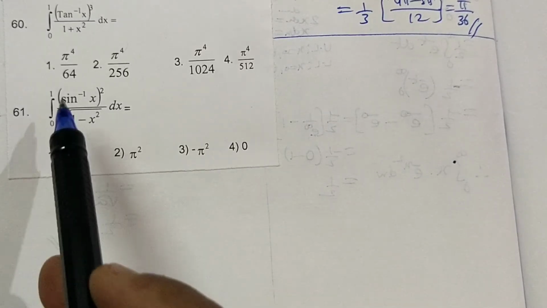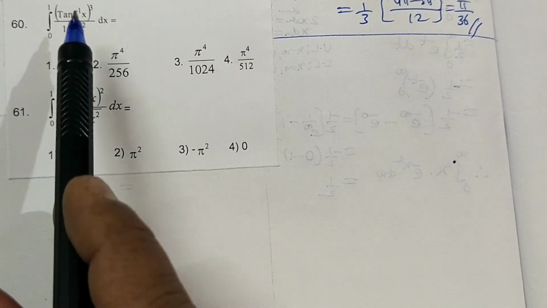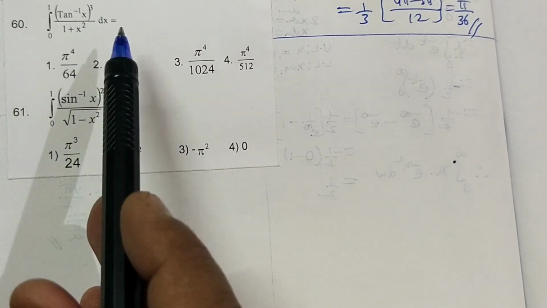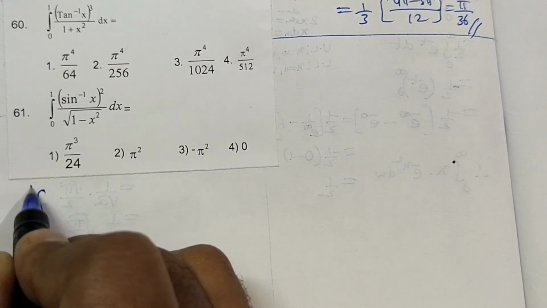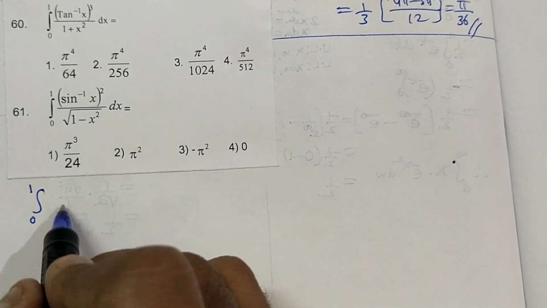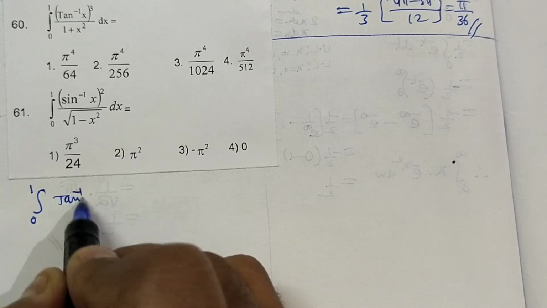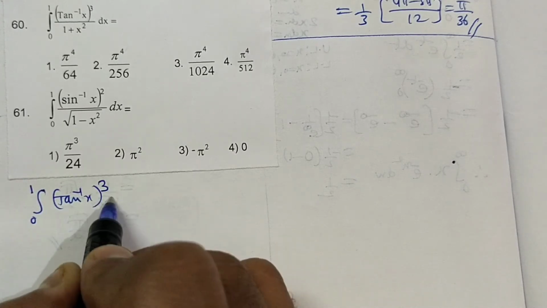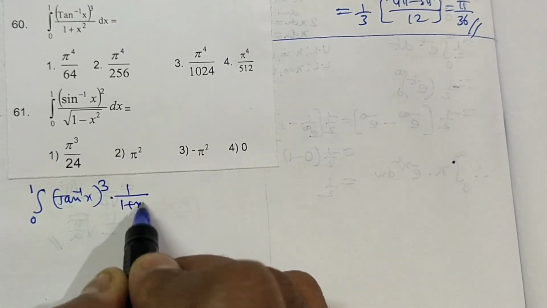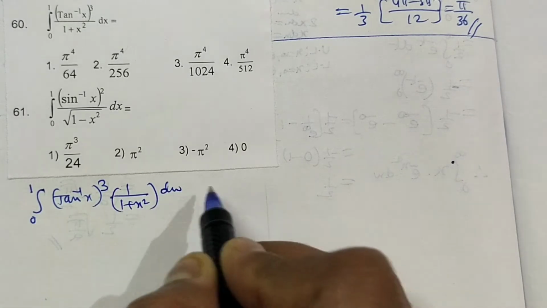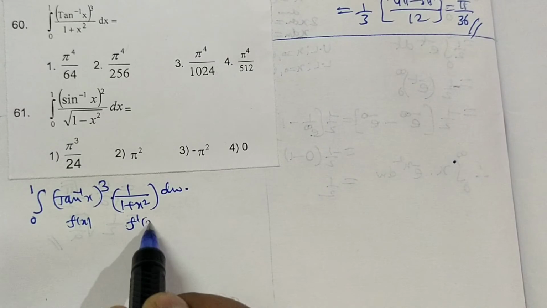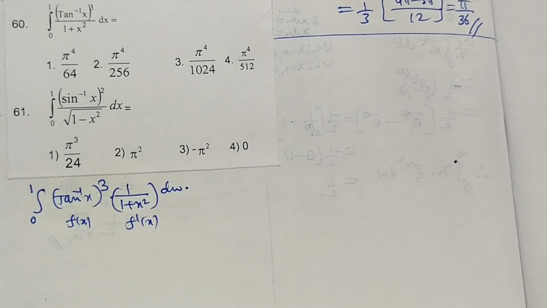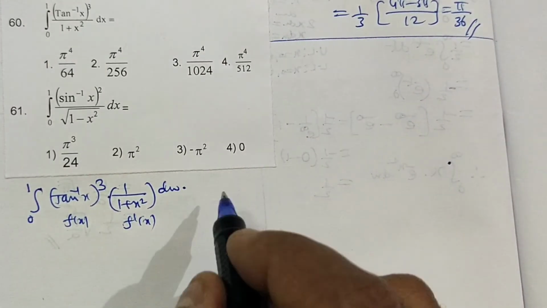Now question number 60 here. Integral 0 to 1 tan inverse x whole cube by 1 plus x square into dx. So integral 0 to 1 tan inverse x whole power 3 into 1 by 1 plus x square. This is f of x whose derivative is here only. Now it is in the form of, here I am going to apply the formula